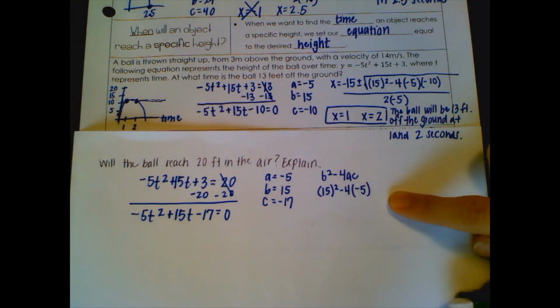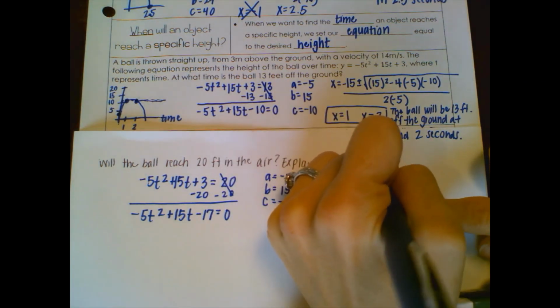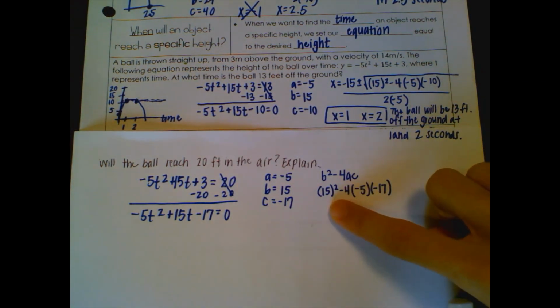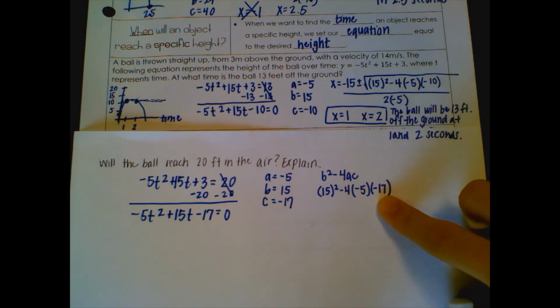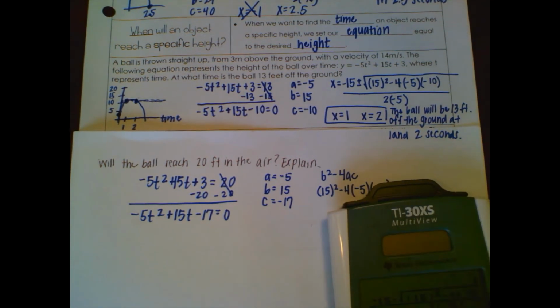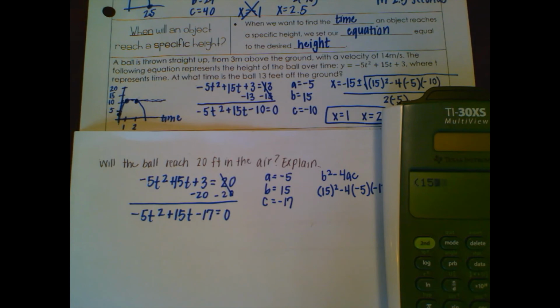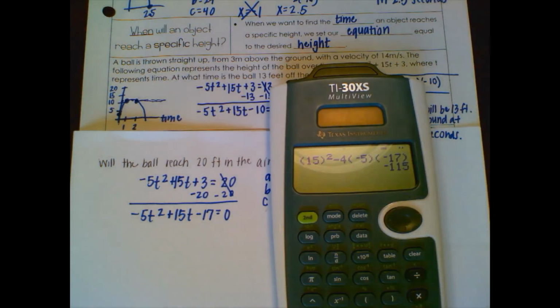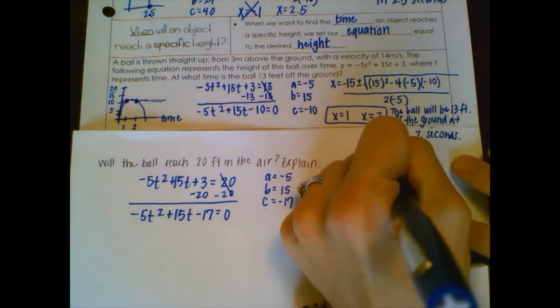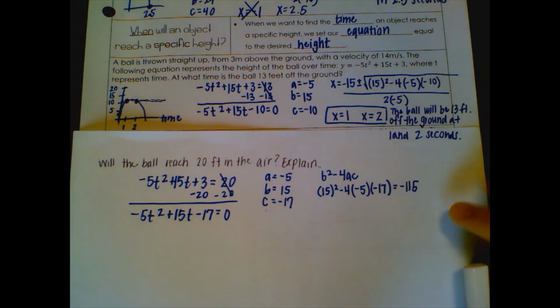So I just replace my values into my discriminant, b squared minus 4 times a times my c. So I'm going to take that and type my discriminant into my calculator. So I have 15 squared minus 4 times my a, negative 5, times my c, negative 17. So I get negative 115. Now that is my discriminant. So what that means is if I work